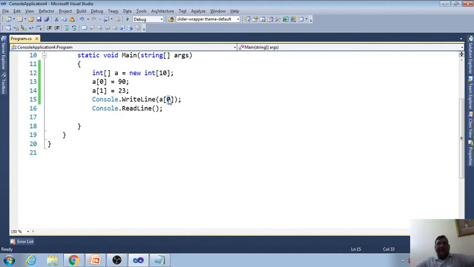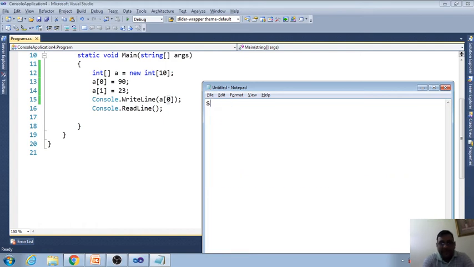The syntax of the array: I am writing the syntax of how to create the array. Syntax to create a single dimensional array: data type, name of array, equal to new data type, and here we will have the size.